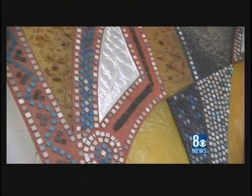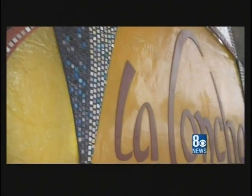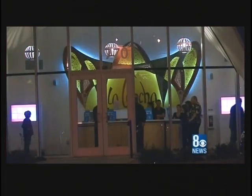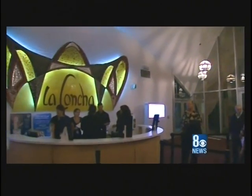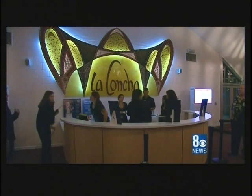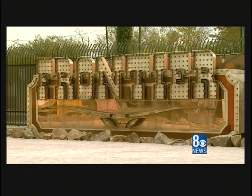Today, the La Concha's original sign at the front desk greets visitors to the Neon Museum. It's backlit, and so at night it has a nice glow to it. Historians are pleased Las Vegas can now shed light on its bright past. To save the signs and the La Concha lobby is just a great sign for the future in honoring these buildings. And for Pat Klink, he's glad the La Concha and all of these signs are here not to die,